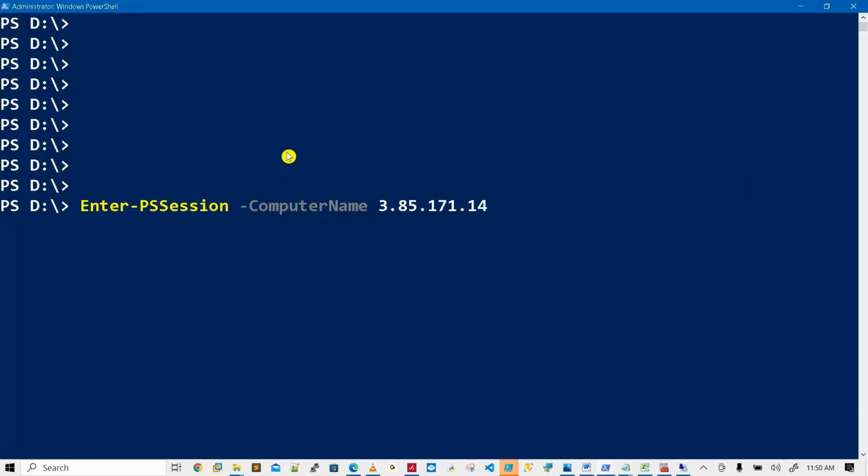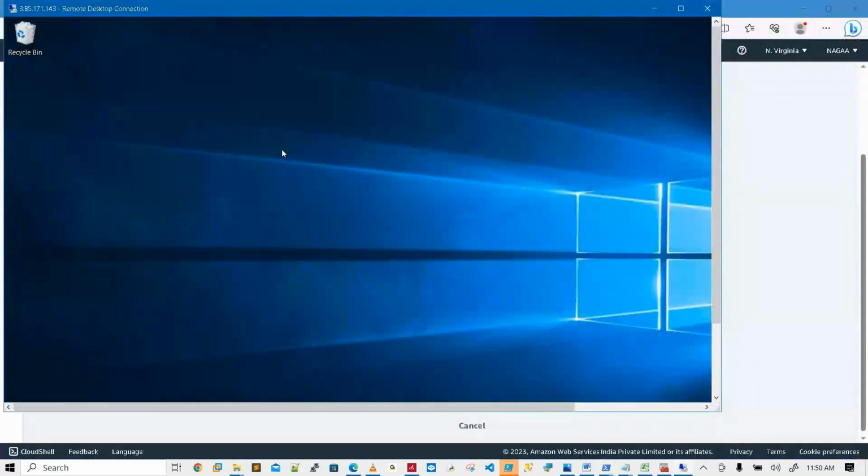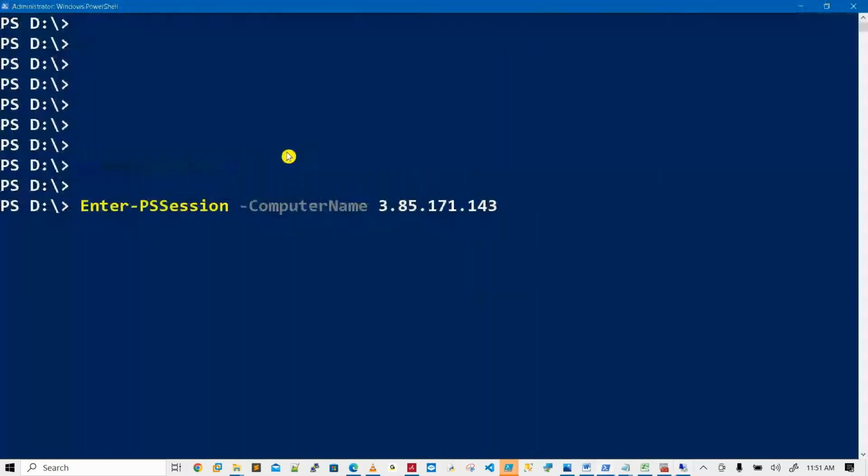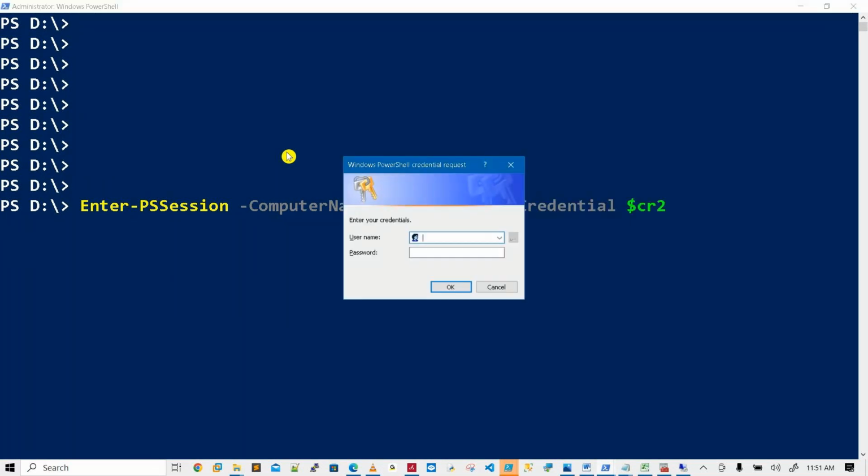Am I right? Good. And then credentials. Username administrator, and password is password only.